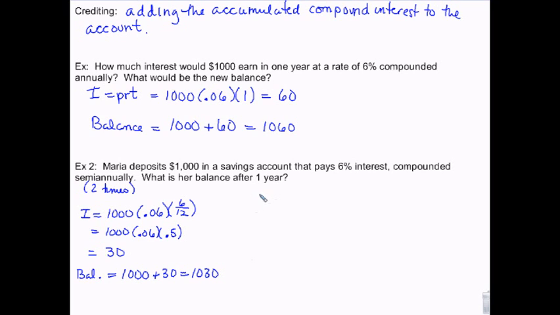Now, on the second 6 months, when I do the calculation, it's not the original 1,000 anymore, it's 1,030. Still half a year. And when I calculate that out, instead of being $30, it's now $30.90. And her balance